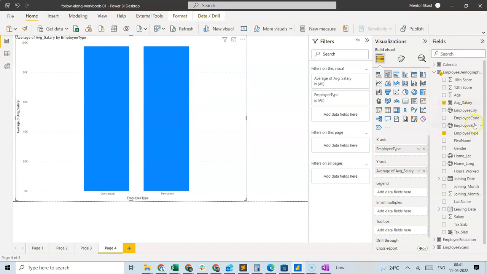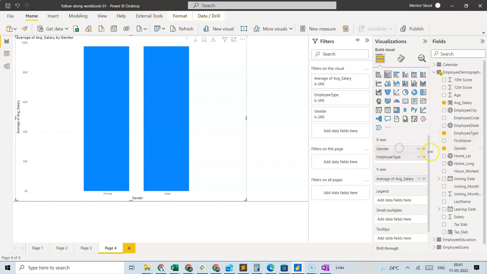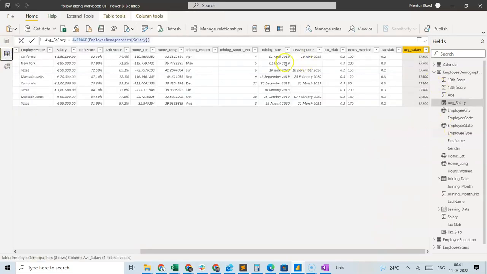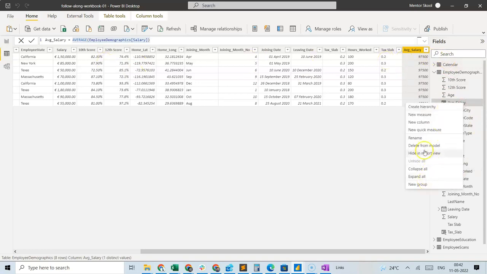And now if I change from employee type to gender, it's really not helping because it's going to be the same, and this is clearly wrong. So we should not use a new column, which is a static calculation, where you are dependent upon a context or the slicer to get the calculation done. So let's revert back and delete this calculation,